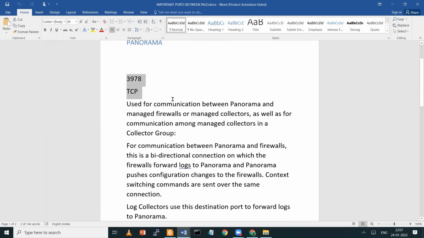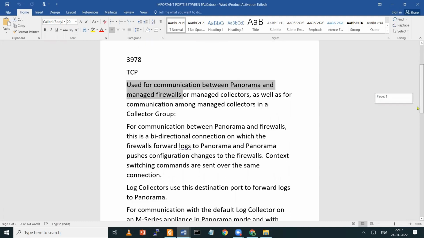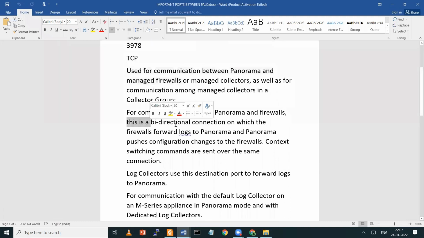This port is used for communication between Panorama and managed firewalls or managed collectors, as well as for communication among managed collectors. Collectors are used to collect the logs. Panorama and the firewall use this bidirectional connection on which the firewall forwards logs to Panorama and Panorama pushes configuration changes to the firewall.